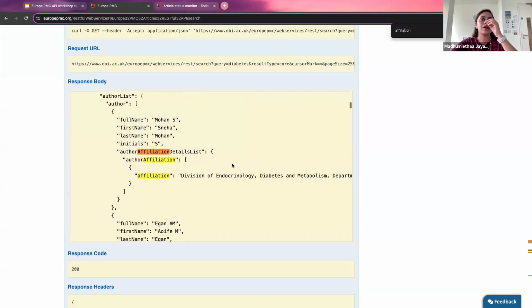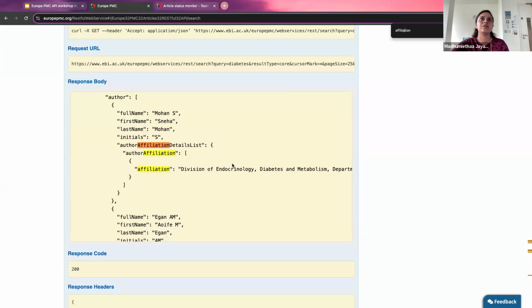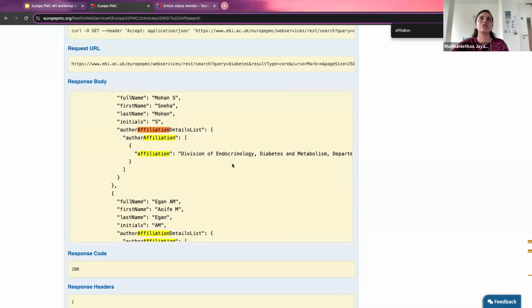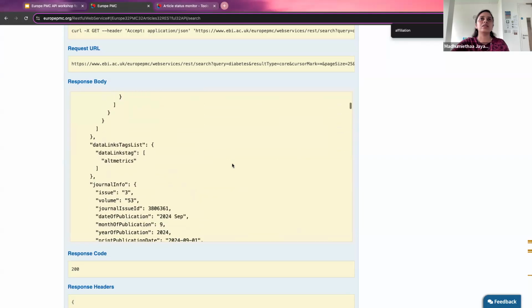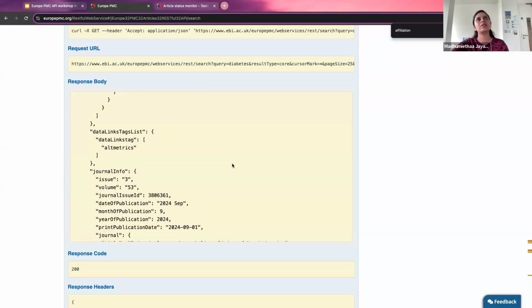So this is how the affiliation details list will be in the response body. You get that information for each author. So for this diabetes topic, the researcher can see the authors and the related affiliation information. But the researcher also wants to get the papers that have